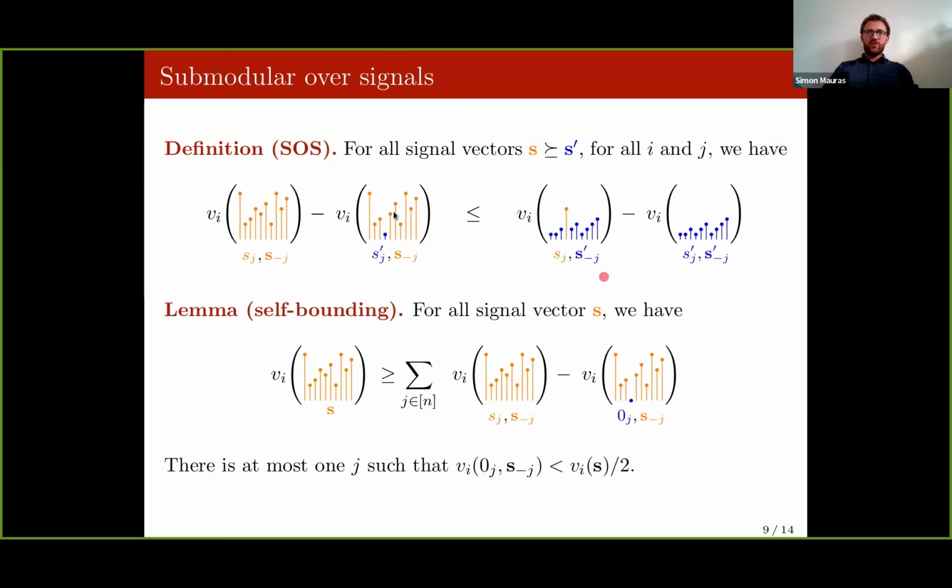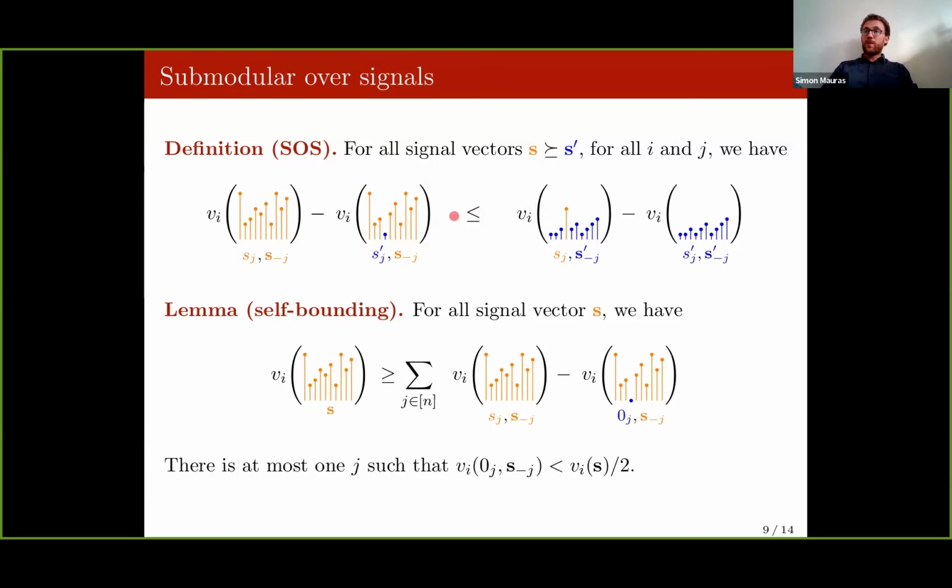So here I try to reproduce the picture. The definition of SOS, or submodular over signals, technically just means that the influence of one signal is lower when the other signals are higher. So here this difference is lower than that difference because orange signals are higher. Okay. So this is a property used in the public valuation setting, but we can also make use of it